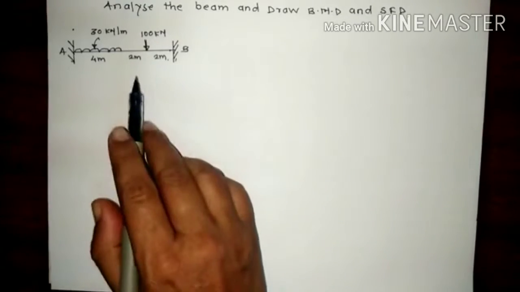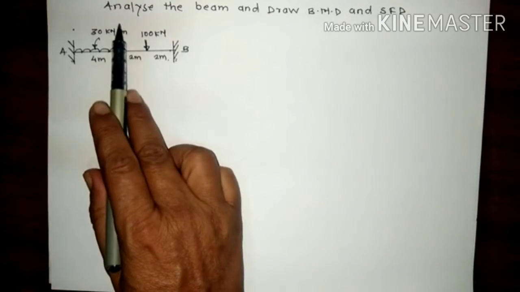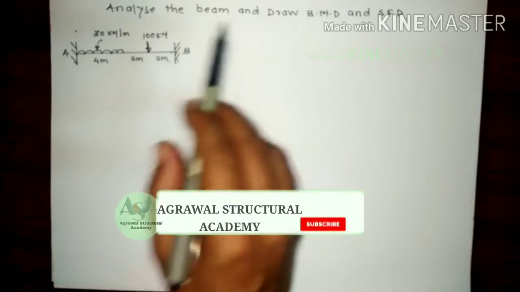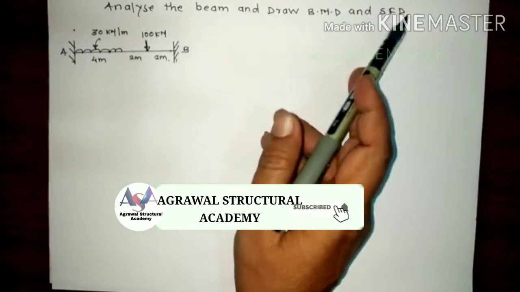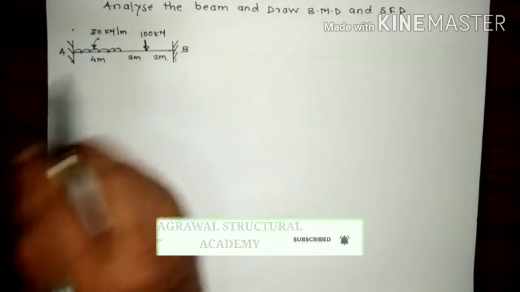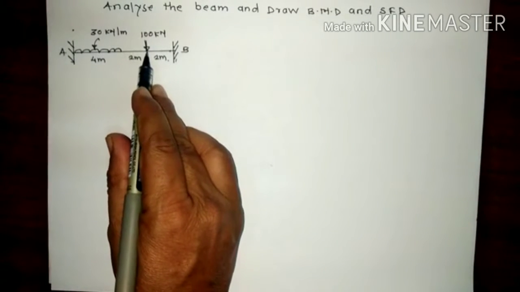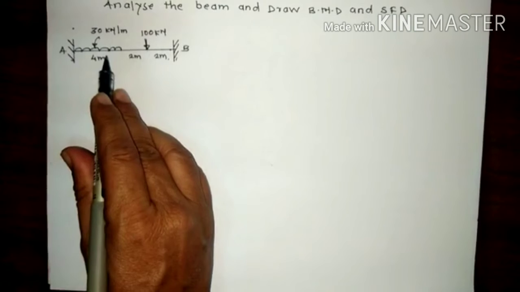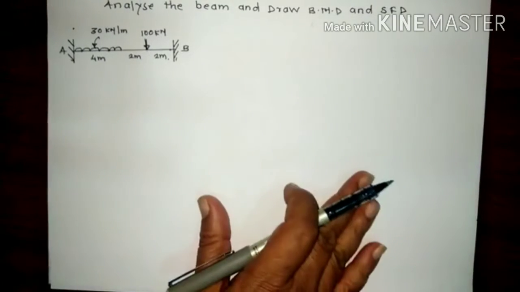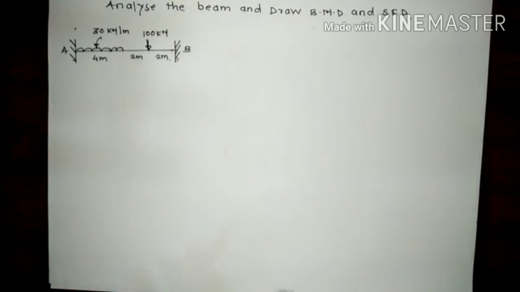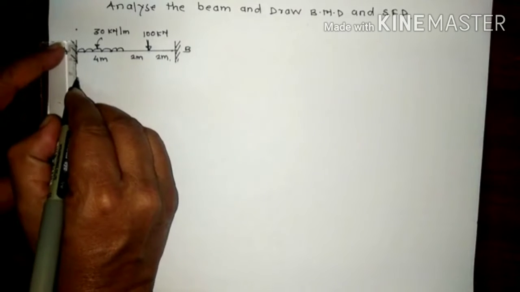Hello, dear friends. Today we learn to analyze the beam and draw the bending moment and shear force diagram. Now this beam is a fixed beam. Already we have learned the standard cases for this eccentric load, also the partial UDL. Now suppose we draw the diagram separately for this, suppose we consider this as a separate diagram